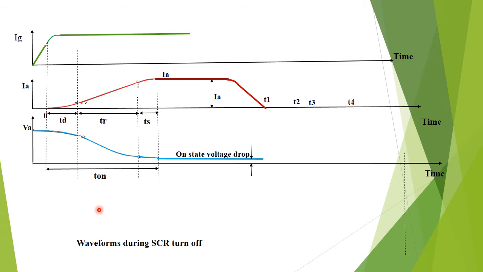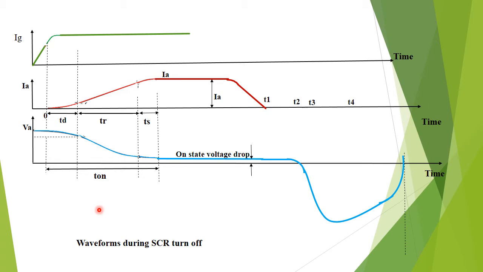Even after obtaining this 0 value, if you apply forward voltage across the device, it will still conduct. These conditions are favorable for conduction because there will be excess charge carriers trapped across the junctions J1, J2 and J3. Due to the presence of these charges, the SCR will not be able to block the forward voltage. So in order to avoid this, a reverse voltage is applied across the device for a particular time period to turn it off.